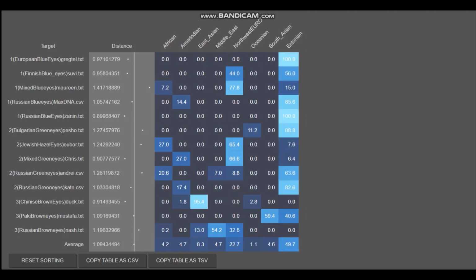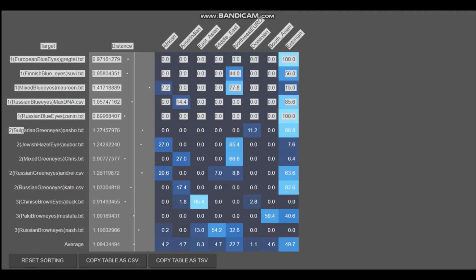Zanin. His eye color genes are 100% Estonian, basically. You cannot mix Estonian with anything else out of these categories to create his eye color. The closest to him is 100% Estonian. So number 2, the first one for 2 is green-eyed